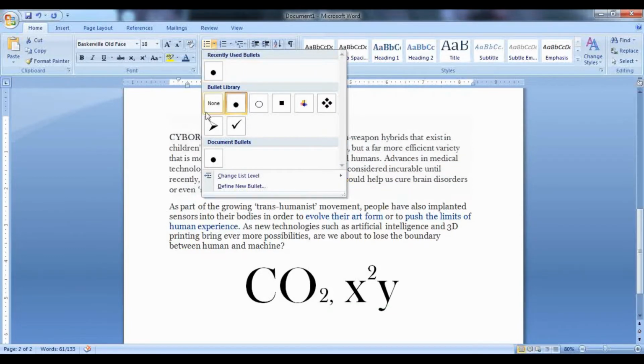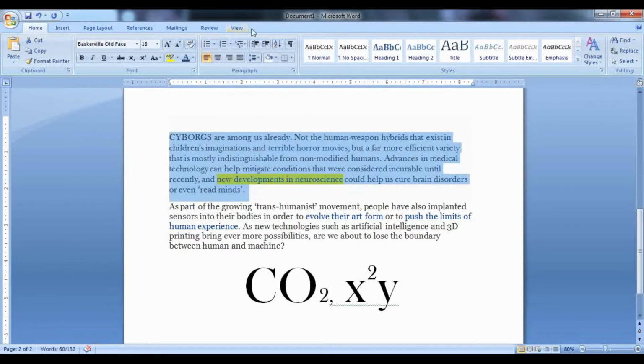Then next one here you see is indent. So children, indent is nothing but the space between the margin and the text. So if you look here, this is my margin, and the space between this margin and my text, this particular space is indent. So from here to here, this space is indent.